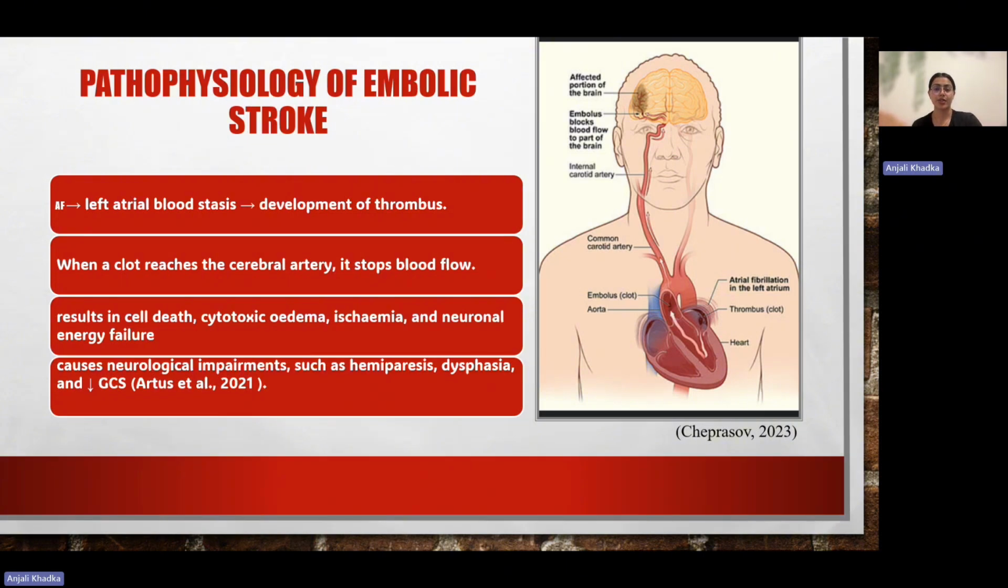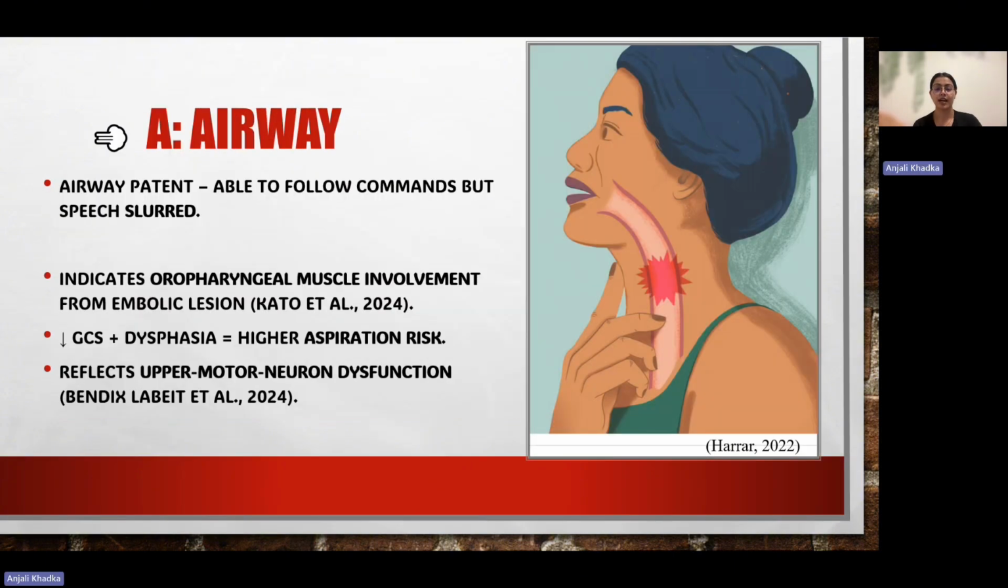I would like to do the A to E assessment, which provides a systematic and prioritized framework to detect and manage deterioration in acute stroke patients like Mrs. Manalo. Now, I would like to talk about airway. We can have a look at this diagram and see how the airway is obstructed, involving speech and swallowing difficulty. In Mrs. Manalo's case, her airway is patent and she can still follow commands and verbalize, though